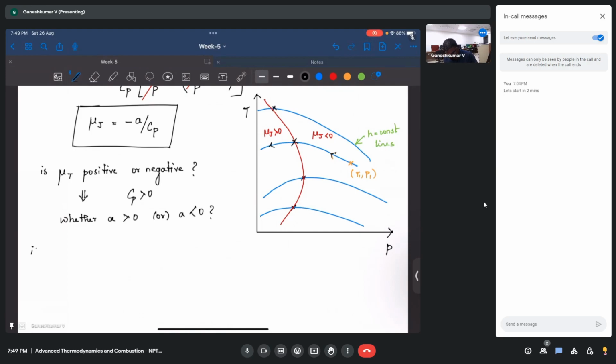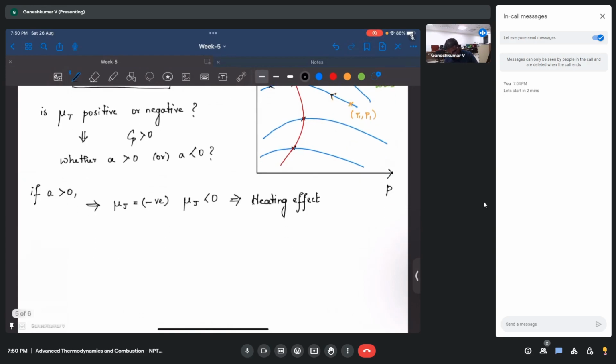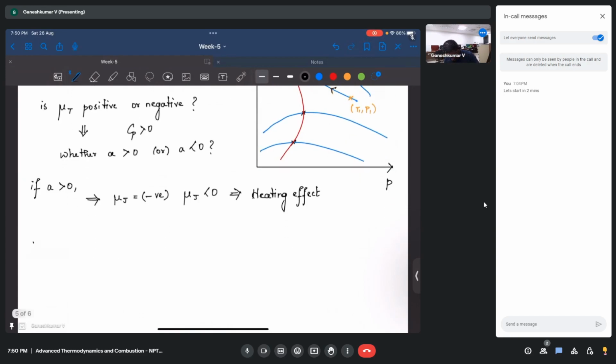Now if A is positive, let's say, then this tells us that mu j is going to be negative, or you can say mu j is less than 0. Then we won't be able to cool down. So it all depends on the constant A here, whether it is positive or negative in the equation of state, right? And if A is negative,